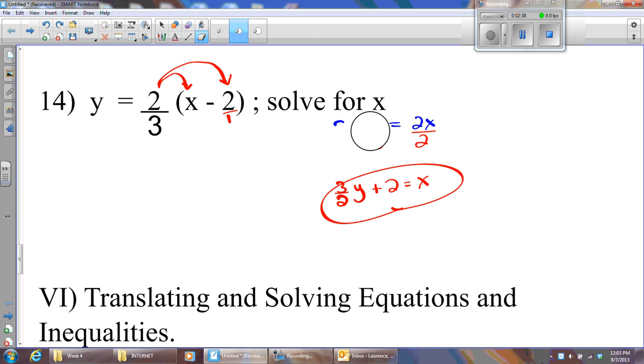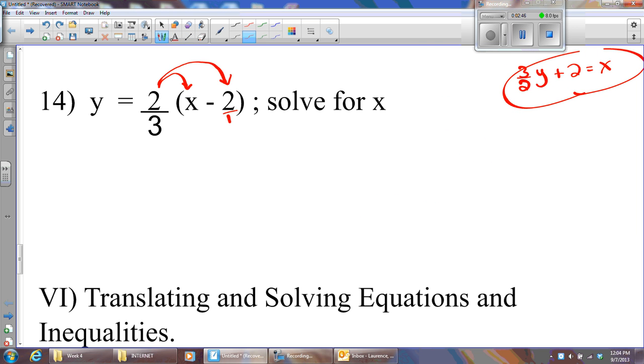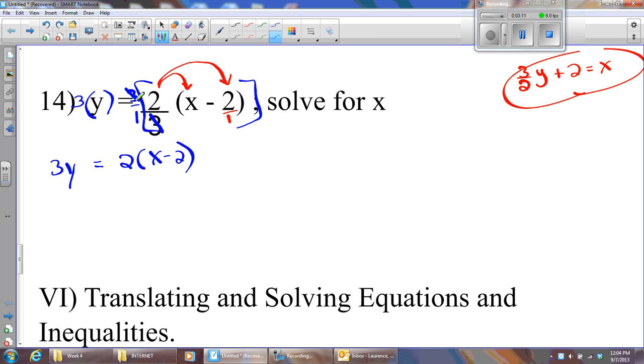Okay, now one thing would be to multiply. I'm not going to erase that answer because that's a good answer, and I'm going to just put it over here for now. Okay, one way would be to multiply right now on this step. So I'm going to multiply to get rid of my fraction, and that means that I'm going to multiply by 3 over 1 and then by 3. And I'm going to get 3y, and over here on the right-hand side the 3's will cancel, and so I'll have 2 times the quantity of x minus 2. I should get rid of those guide arrows from the last problem. I'm not going to distribute the 3